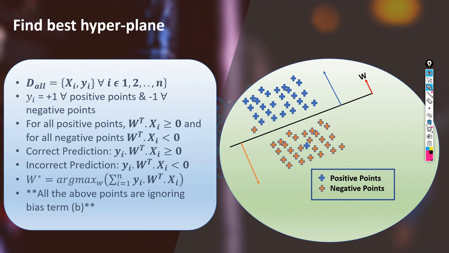So this is the visual intuition of how logistic regression works. This is basically a geometric intuition, and from that we have derived our basic optimization function. In the next video we will see how we can improve the optimization function to get the final optimization function that we are actually going to use.